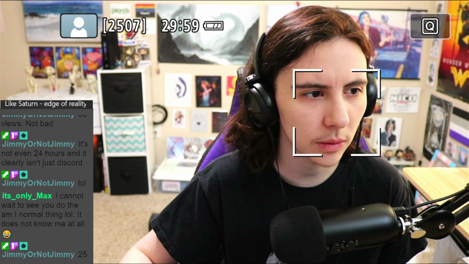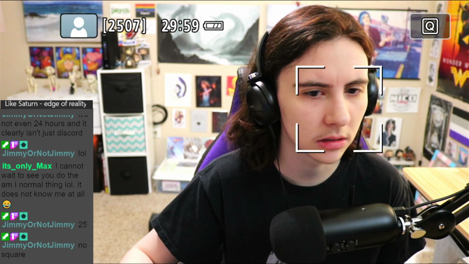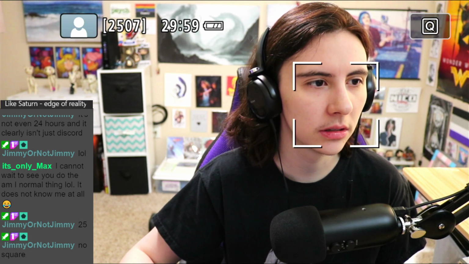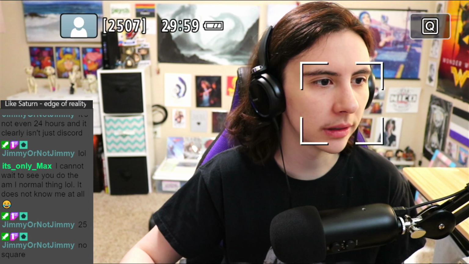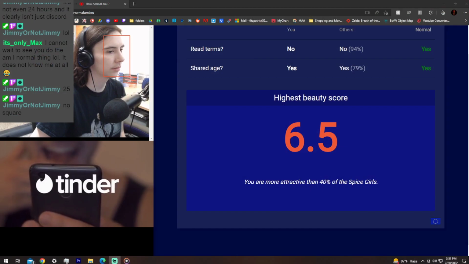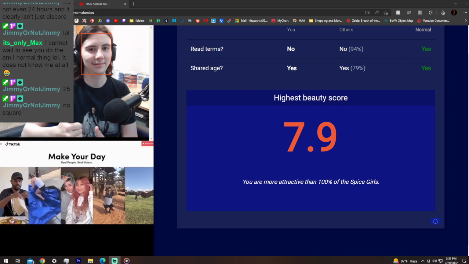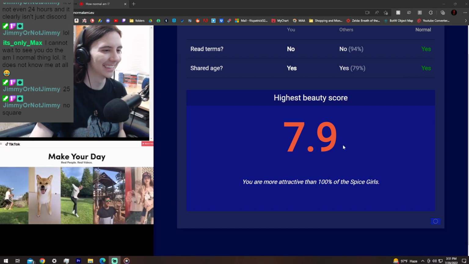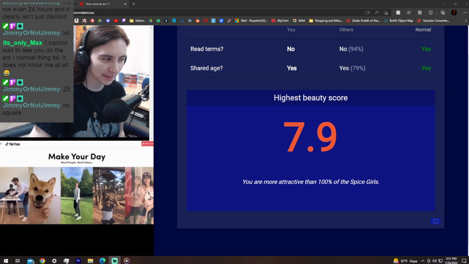The first algorithm we'll look at is designed to judge the beauty or attractiveness of your face. We'll give you a score between 0 and 10. Having some idea of how attractive you are can be very valuable. For example, dating services like Tinder use it to match people who are about equally attractive. Some social media companies, such as TikTok, are known to promote content from attractive people more.